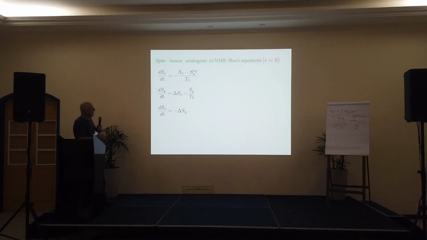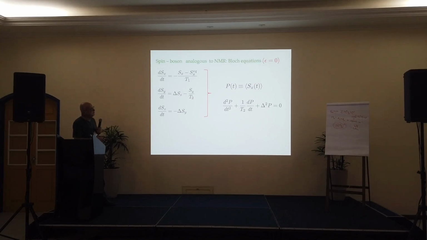So what we have is this relaxation time and the dephasing time. And that's something that we can borrow from NMR. And you can see that P of t, which is the average value of sigma z, is given by this expression. So you see, it is damped by